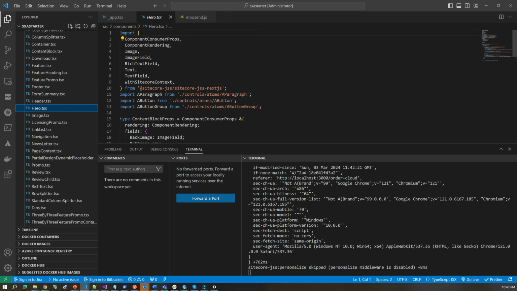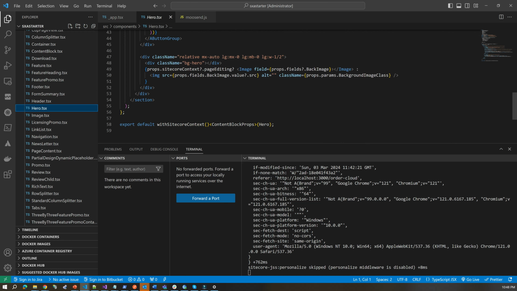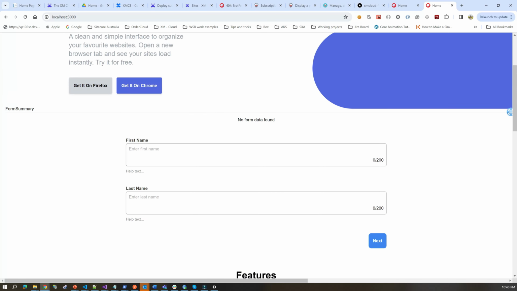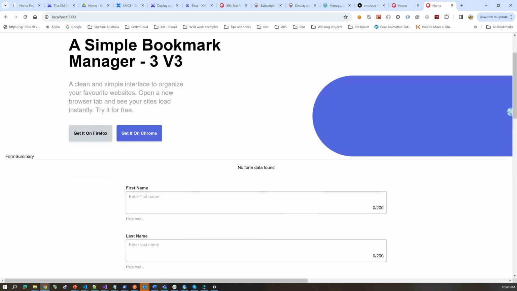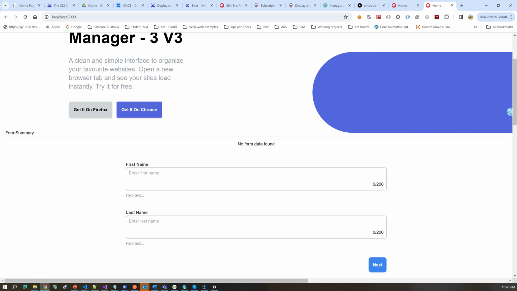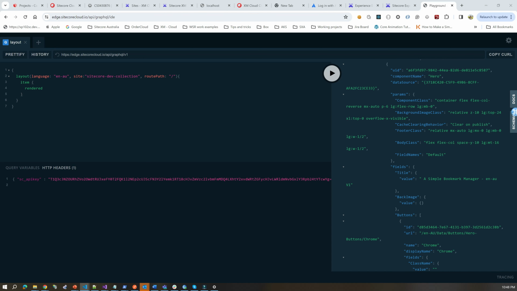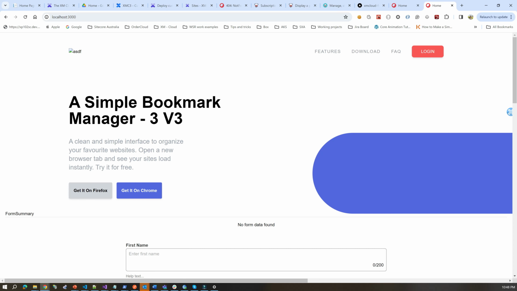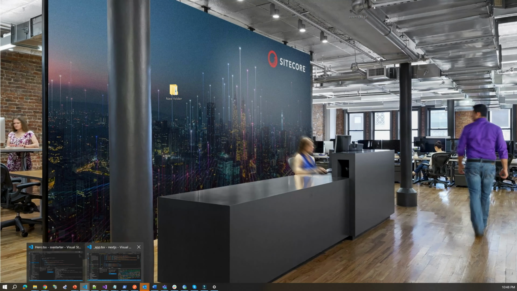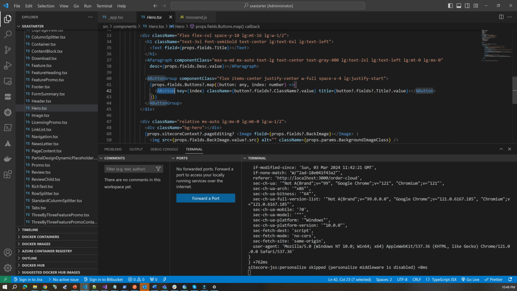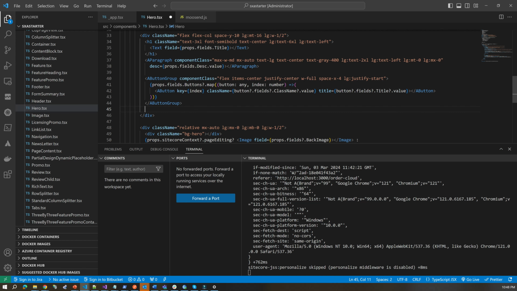We know that the hero is already there. This very big one is the hero component here. So we have two buttons right here, and underneath that button, we are going to add one. So there is a button group, and then this is the button basically, and underneath the button here,